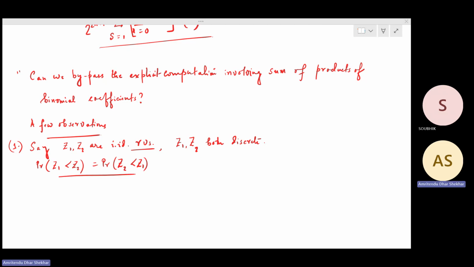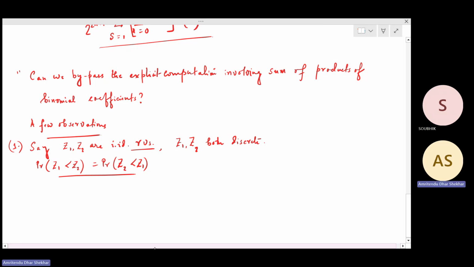Can you see this? Probability of Z1. Hello, I can't hear you. Actually, sir, I was trying to visualize this thing. Yeah. So